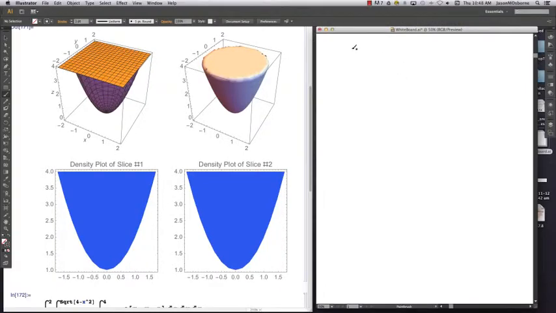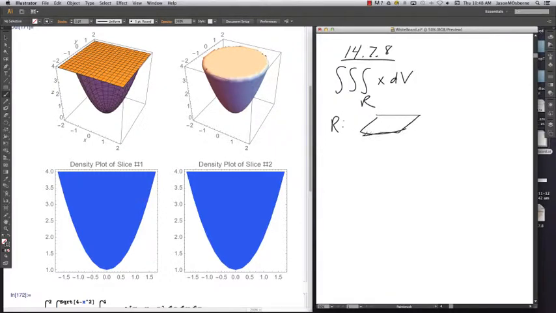In this video, we are going to look at problem number 8 in section 14.7. This problem is asking you to compute a triple integral of the function x over the region R in three-dimensional space, where R is the region that is below the